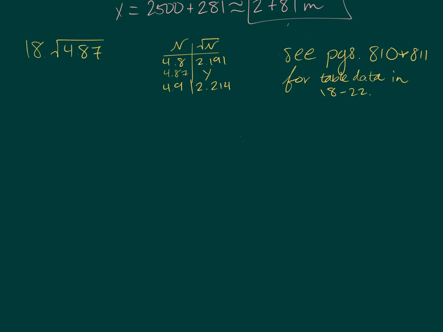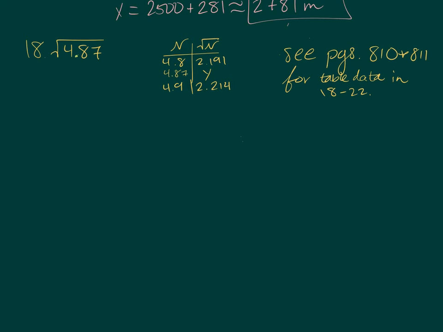Now let's move on to 18. In 18, we switch charts again. This time we're looking at the chart on pages 810 and 811 in your book, all the way in the back. And this time we're looking at square roots. In 18, we're given the square root of 4.87, and we want to approximate what that value is going to be. In the chart, they give us decimals,